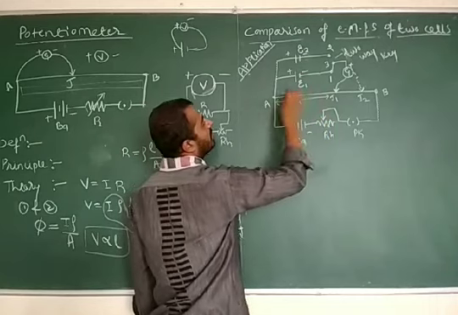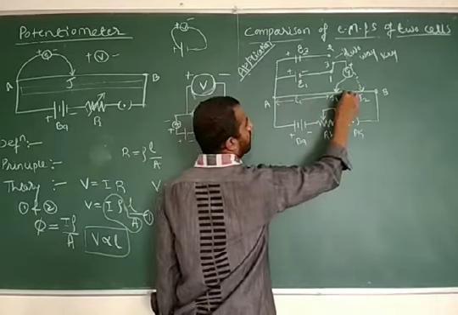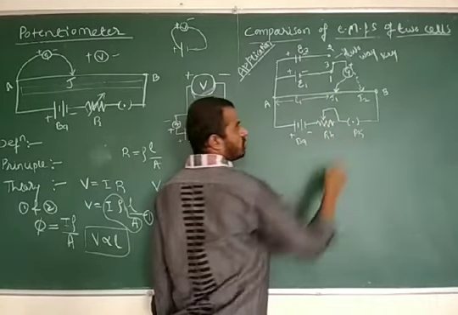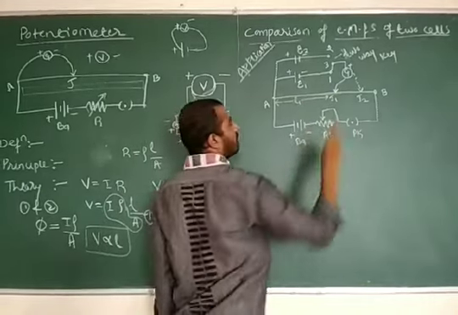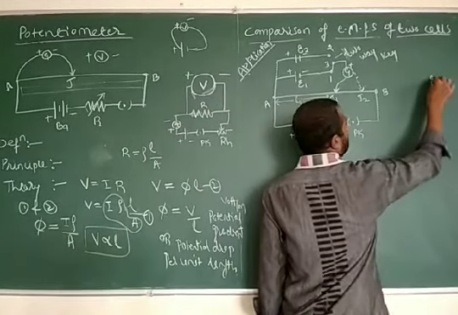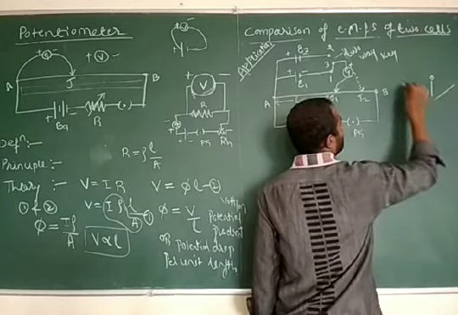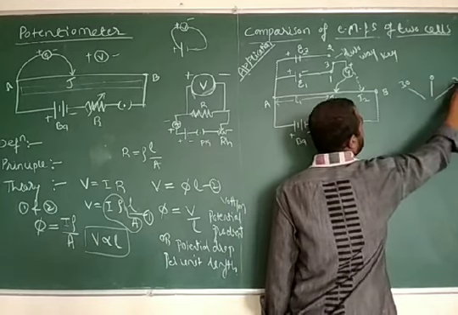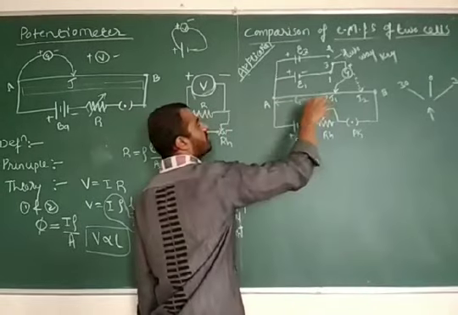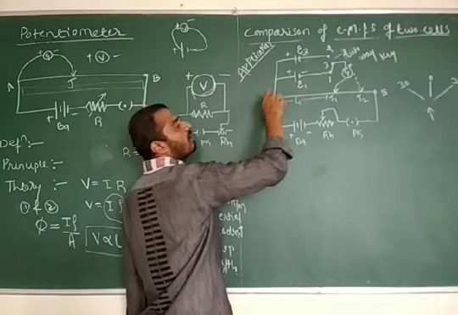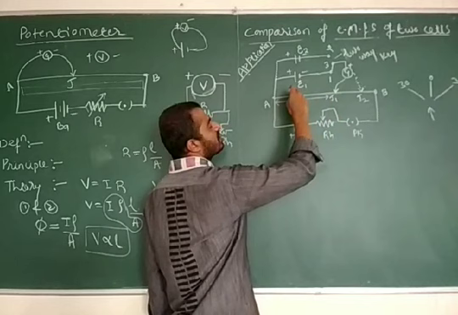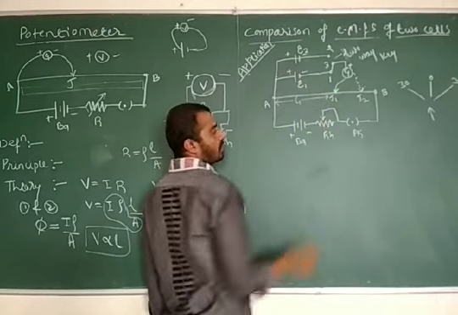Then slide the jockey on the wire of the potentiometer. As you slide the jockey, the galvanometer will give you a deflection. In the galvanometer, 0 is at the center, and both sides of the 0 are graduated with 30 divisions. The needle of the galvanometer will give some deflection while you slide the jockey over the wire of the potentiometer. This has to be continued. Just go on sliding the jockey on the wire.